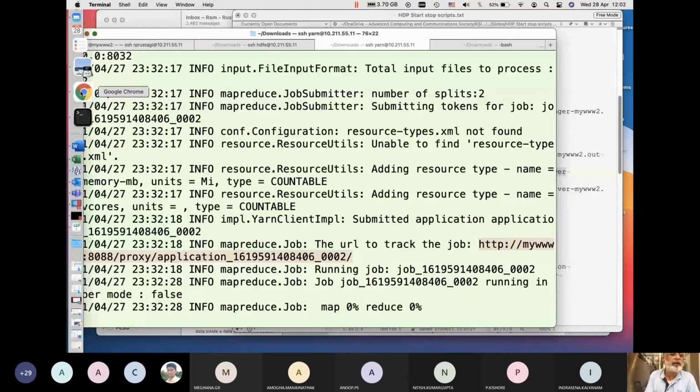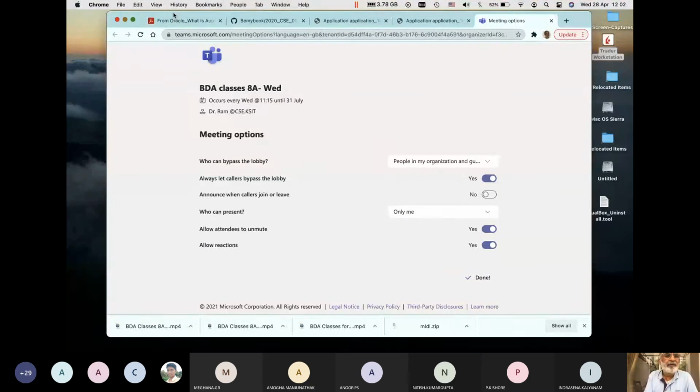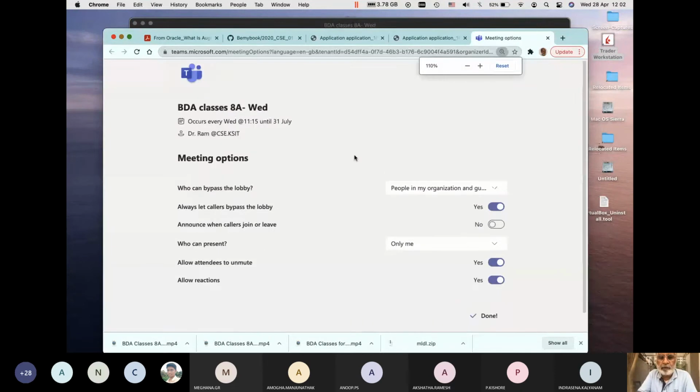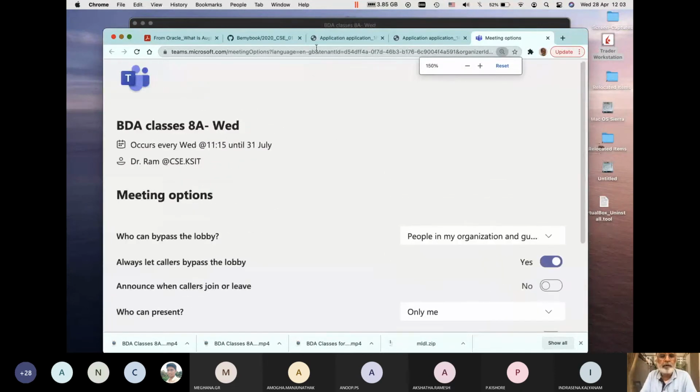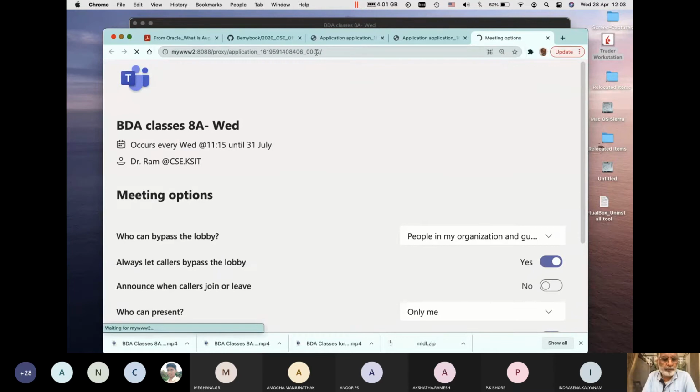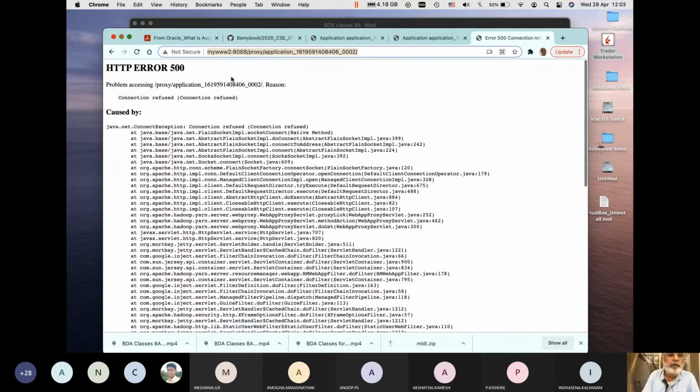Let me see if I can open the browser. Connection refused, something has gone wrong.